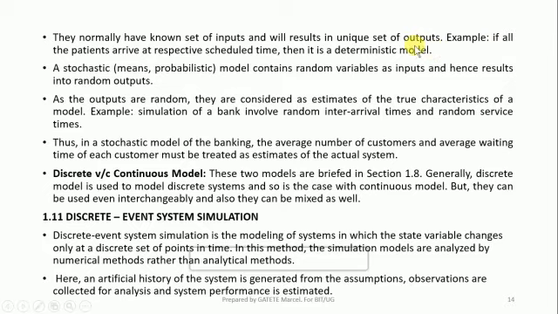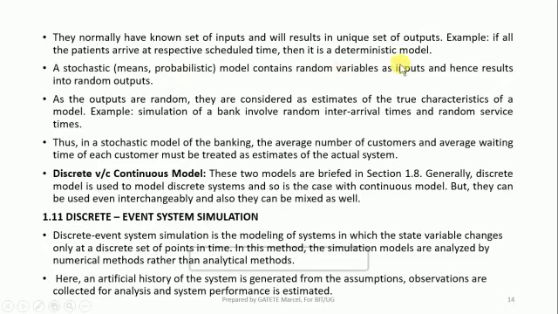We have patients at the hospital. If patients arrive at a known time, say a patient has to come every 30 minutes, every 30 minutes new patients come. So here we are going to call it a deterministic system. A stochastic system is going to have probability. This will contain random variables.